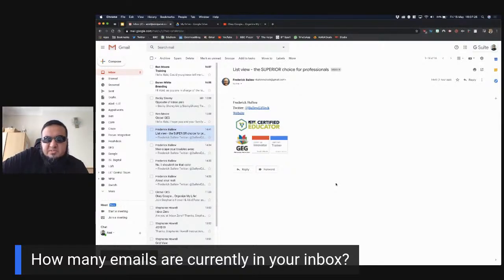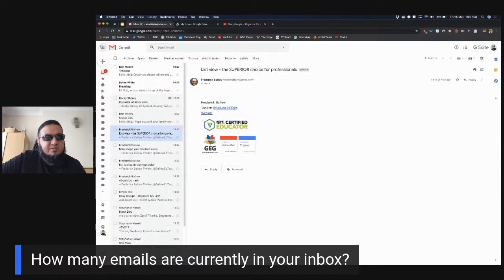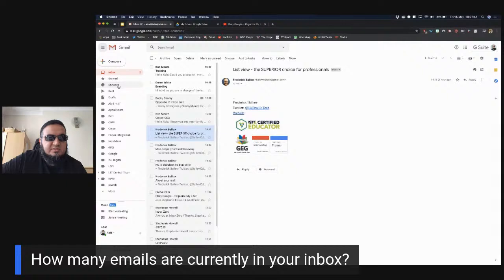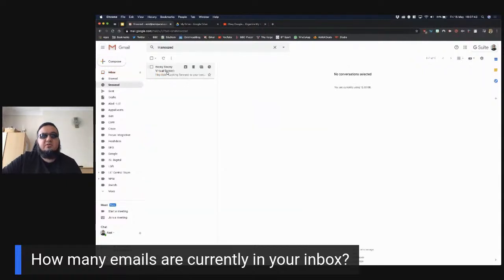Once the email has disappeared from my inbox, I've had loads of people say to me, well, where's that email gone? What if I need to get back to it? Well, if you look at the left-hand menu there, and you might find the menus hidden, all you need to do is click on the burger menu there, and then you'll find the snooze option. And you can see your email is snoozed until May the 18th.